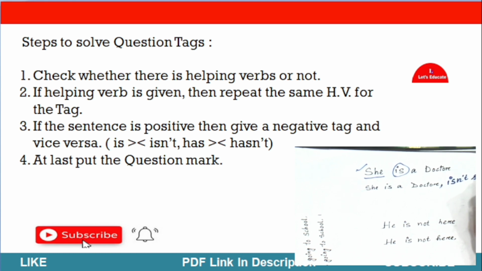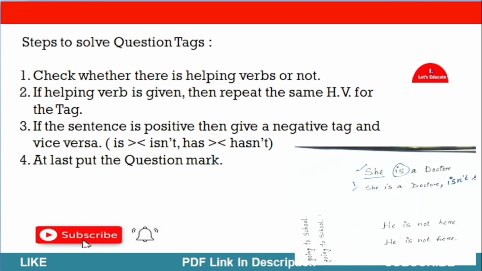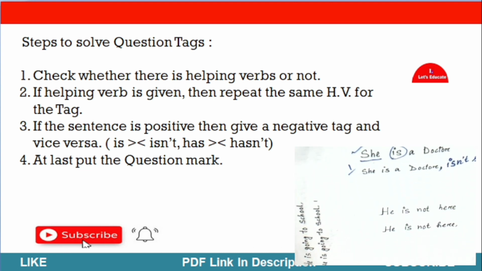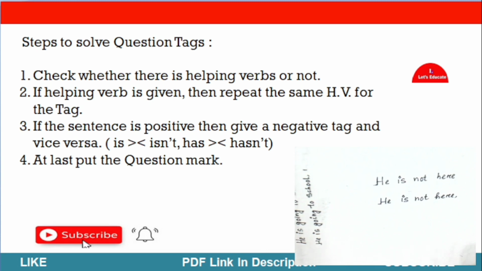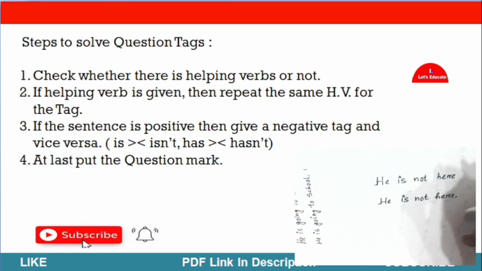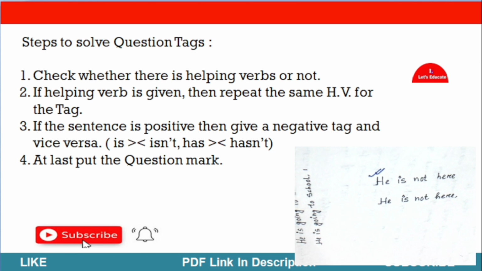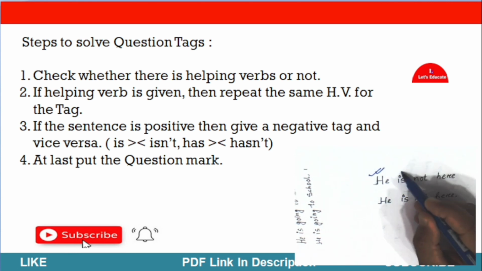Okay, let us see another example. There is one more example. He is not here. Same thing, we have to first check whether there is a helping verb or not. There is a helping verb, we can repeat the same one in the tag. Then